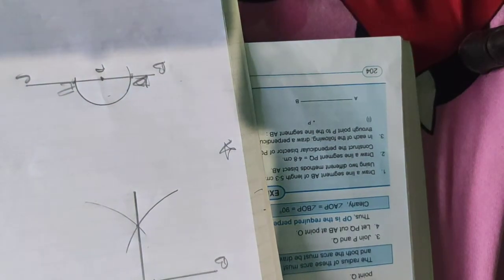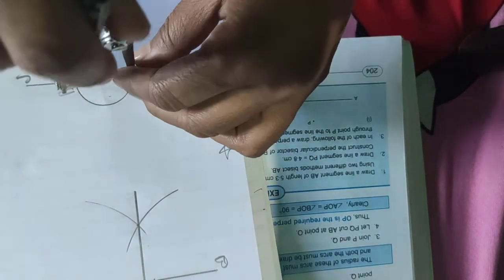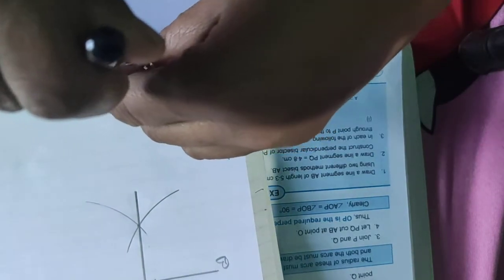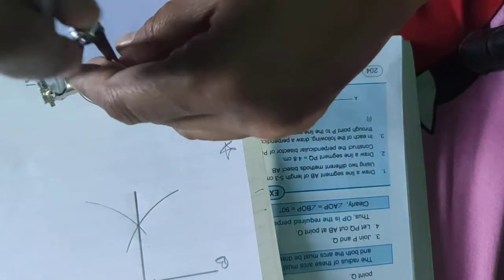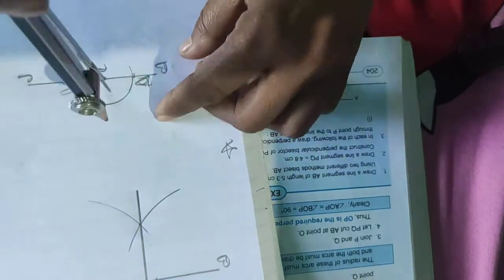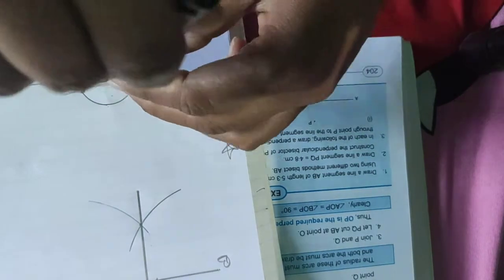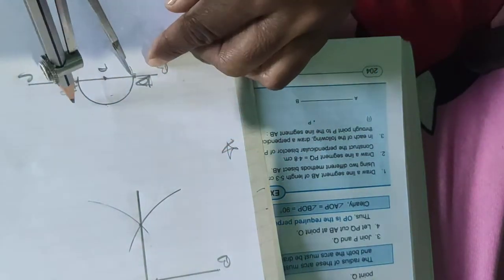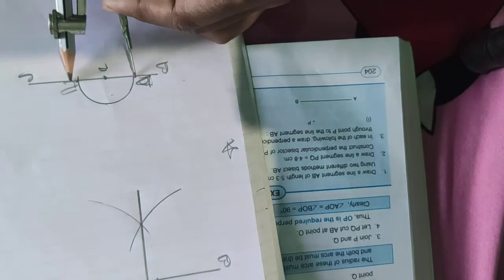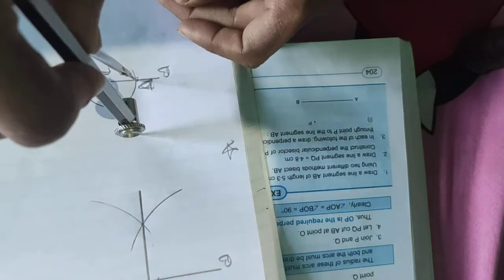Now take D and E as centers and draw arcs with equal radii. Keep here, cut here.